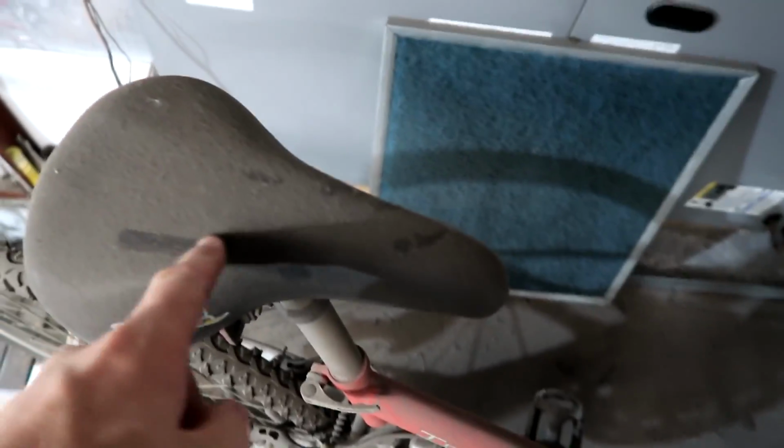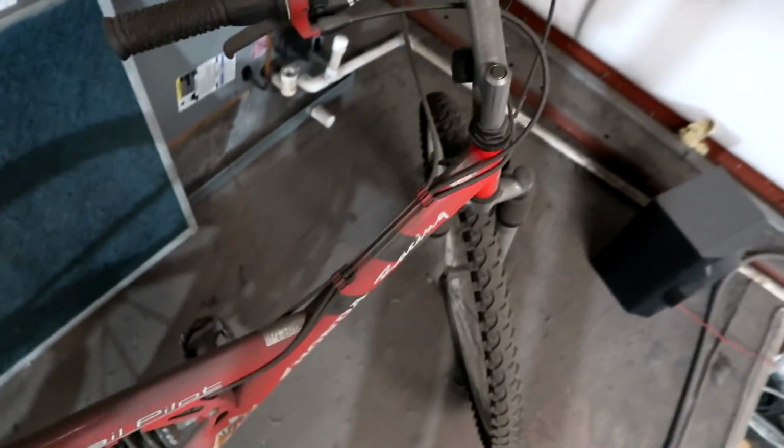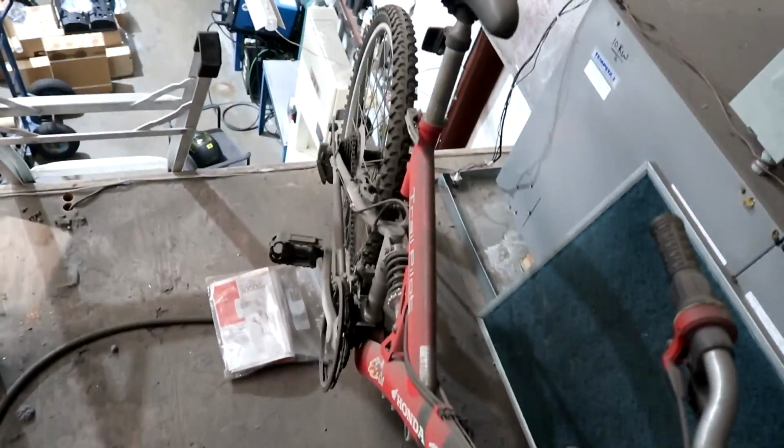Alright, so all washed, back in. We should have a little bit more airflow. And here's the Honda bike. As you see, it's ready for Halloween. It's got a nice layer of dust, so one of these days I'm actually going to take this bike down, give it a wash, maybe a coat of wax, oil the chain, and then put it right back up here